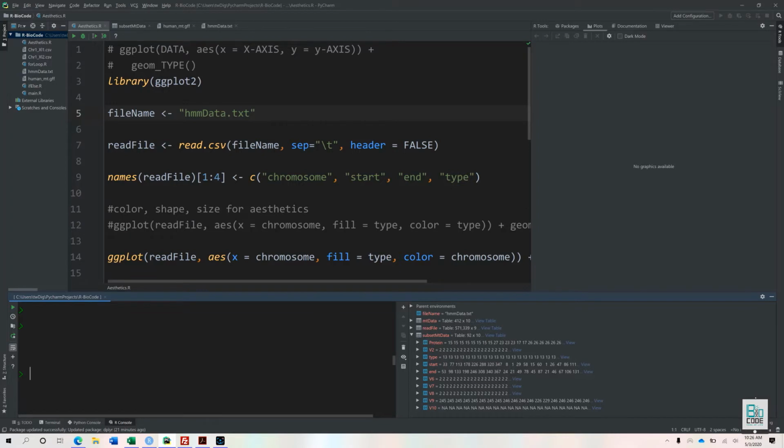Biocode. In this video, we will see how we can utilize ggplot to apply aesthetics on our data visualization. In previous videos, we saw how we can manipulate our data into data visualization through ggplot2 and how we could provide the data to our ggplot2 function and provide x-axis and y-axis as well as the selection of geom type. For example, it could be a violin chart, it could be a bar chart, it could be a scatter plot chart.